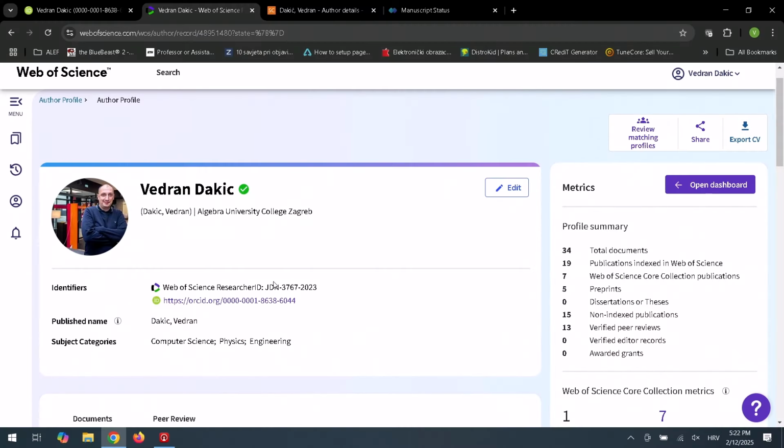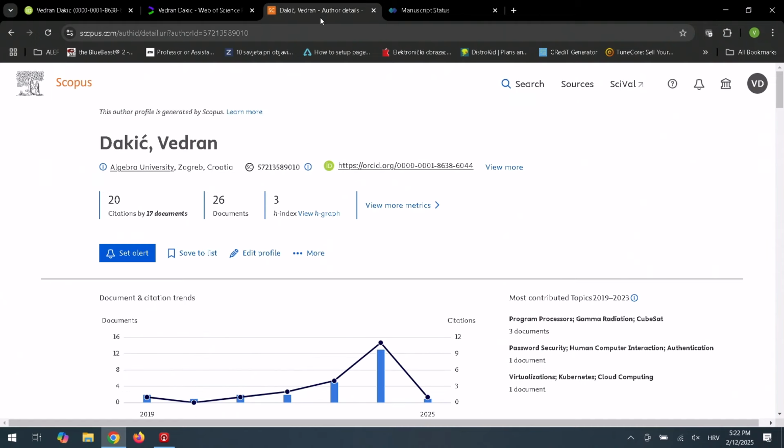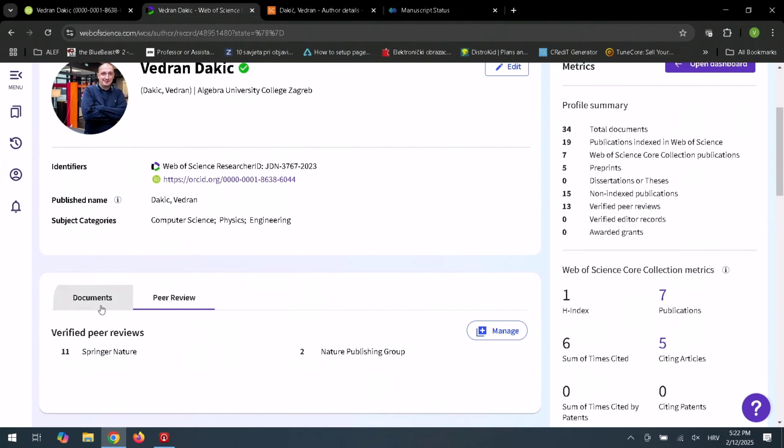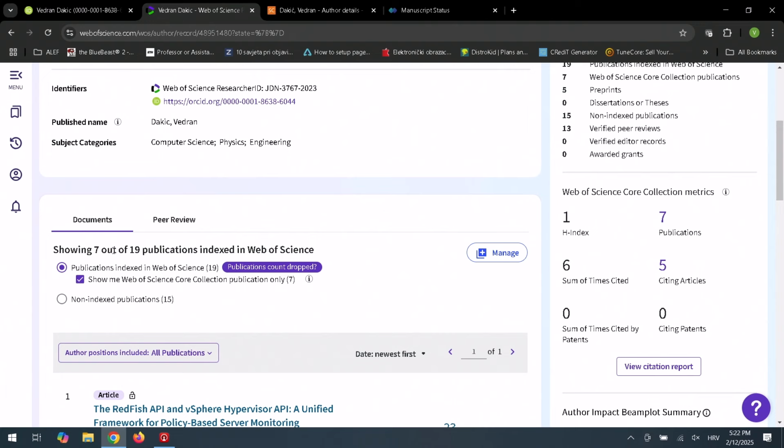The two parts of the story that are hooked up to ORCID for me are Web of Science, for example, and Scopus, the indexing databases that I mentioned earlier. You can see that my ORCID has been registered here from the Web of Science perspective, and the same thing goes for Scopus. In these databases, the published papers and conference papers are referenced and indexed. Here I have 19 publications. Some of them are in the specific database or a specific part of their database.